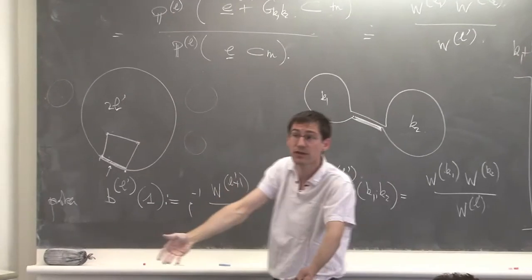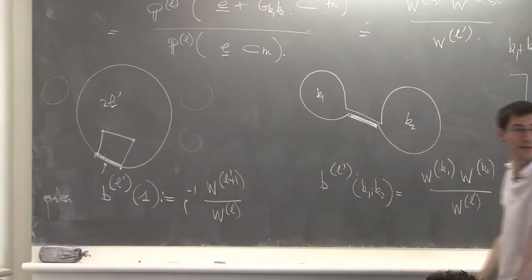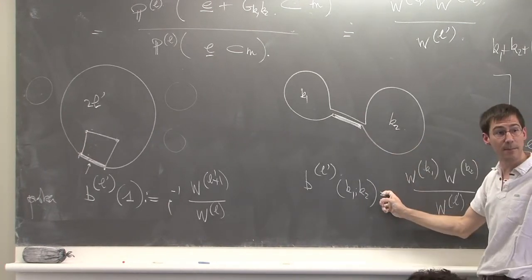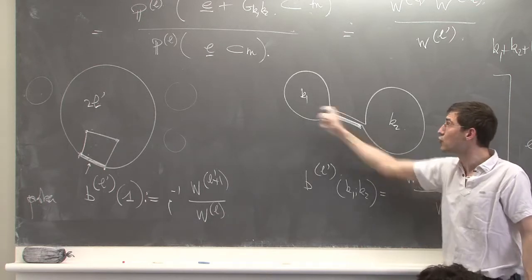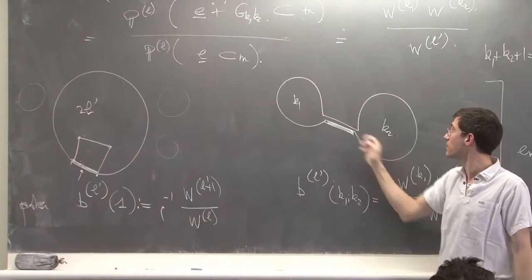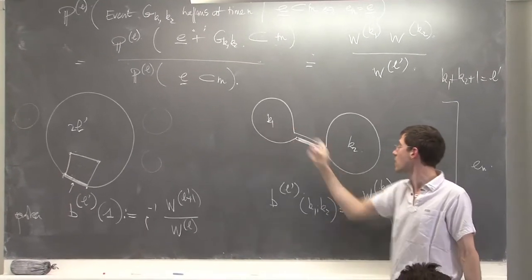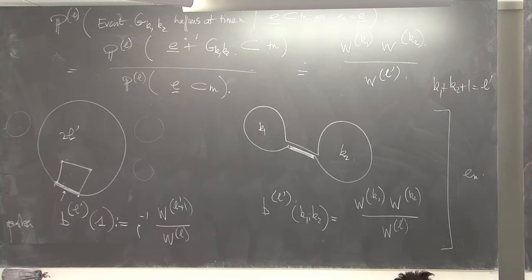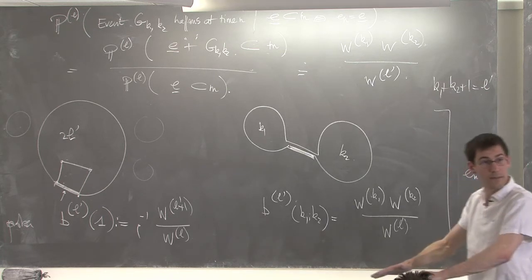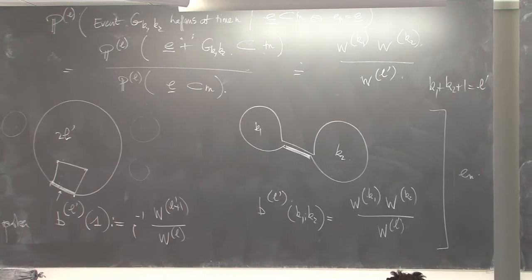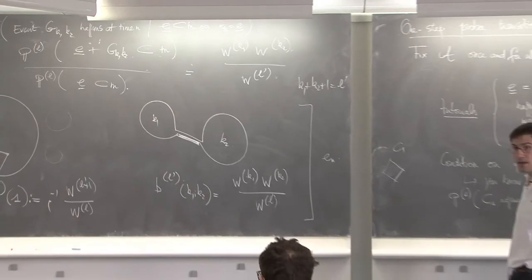So you can iterate what I've just said. And here also, conditionally on this event happening, the two guys there are independent with law Boltzmann distribution of perimeter 2K1 and 2K2. And so you can iterate also what I'm saying, because each hole will be independent of each other, being filled by a Boltzmann distribution of the proper perimeter.